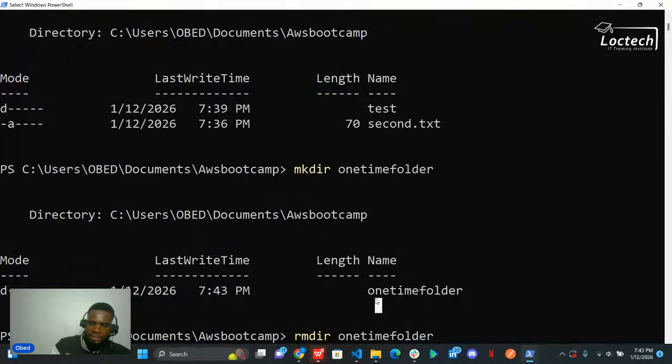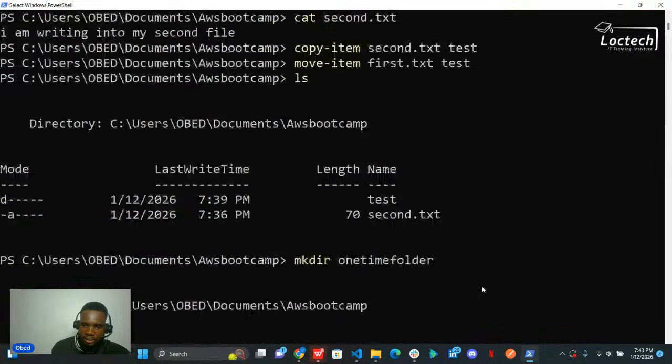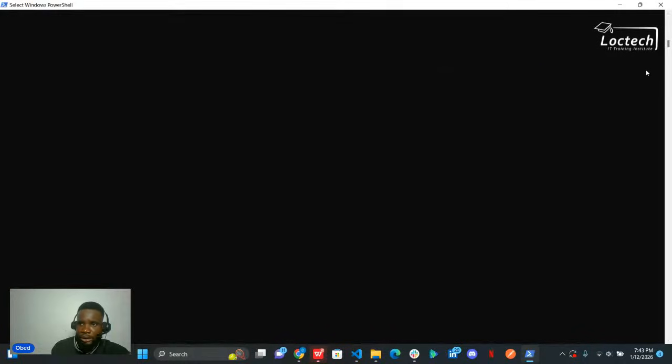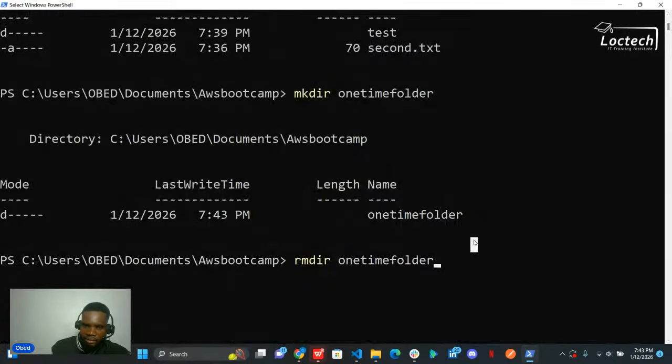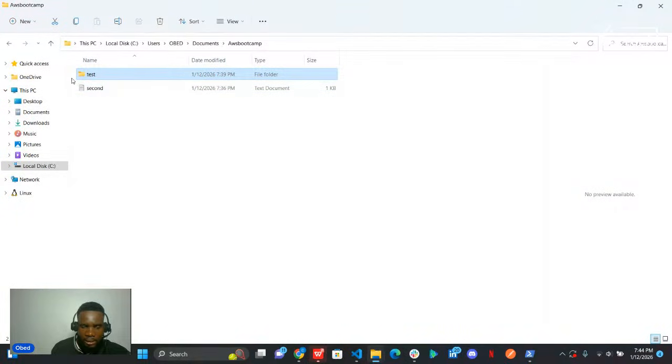I run the command by pressing the return key, that's your enter button. All right, so if I do this, to remove the directory, as you can see, I head back to my visuals and the folder is not there. Now, let's see how to delete a file.